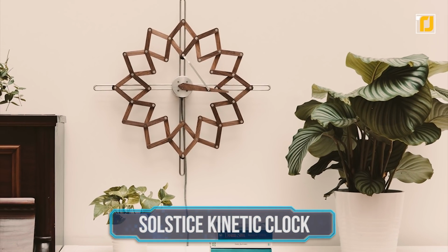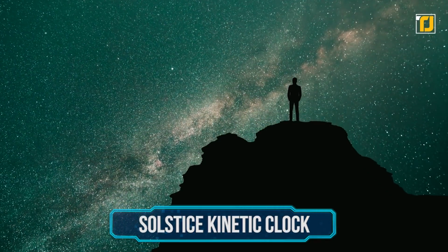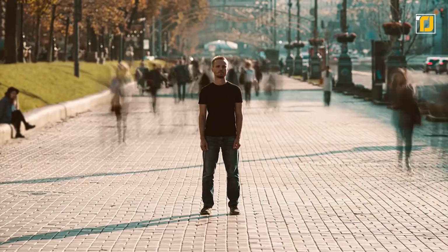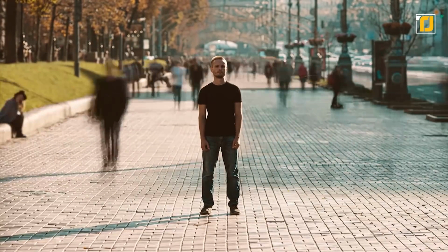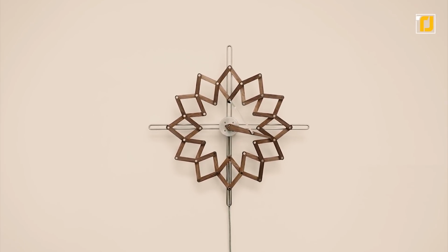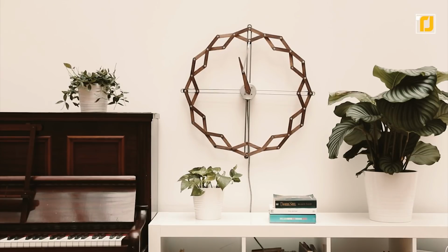Number 2. Solstice Kinetic Clock. Throughout history, humans have measured the passing of time by tracking the stars across the sky and the passage of shadows across the ground. But in modern-day life, time and a need for absolute accuracy has become a source of stress. Solstice is here to release some of that tension by turning the passing of time into a piece of moving artwork. It turns the passing of time into something of beauty by gradually opening and closing like a flower throughout the day. You won't be able to tell the exact minute and seconds, but you will know the hour